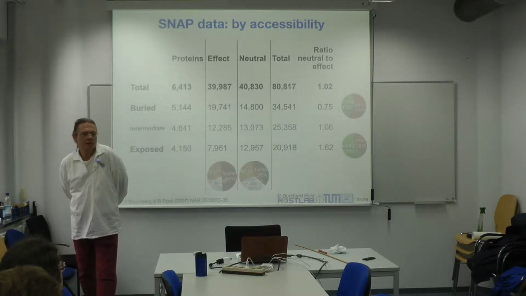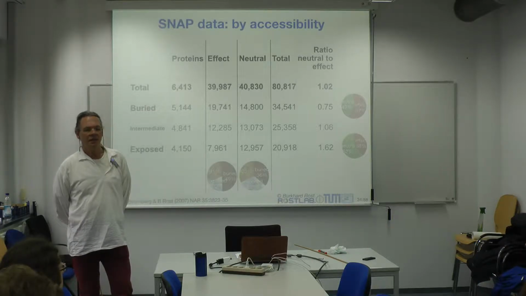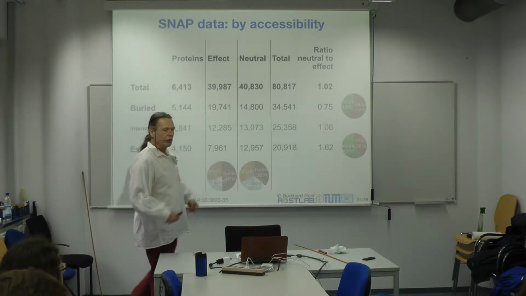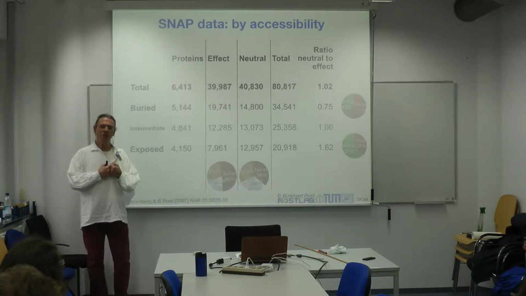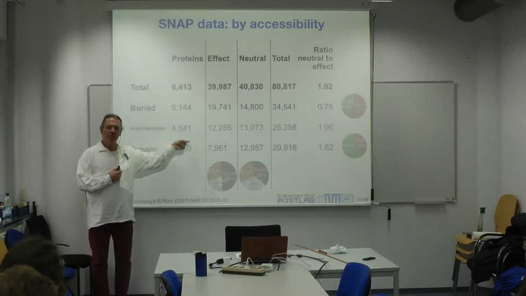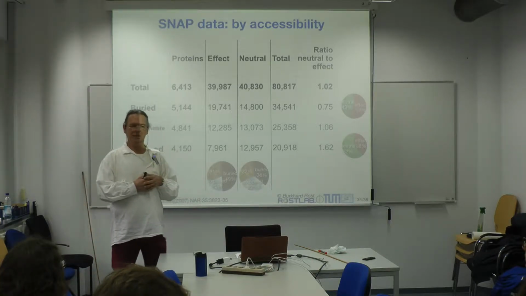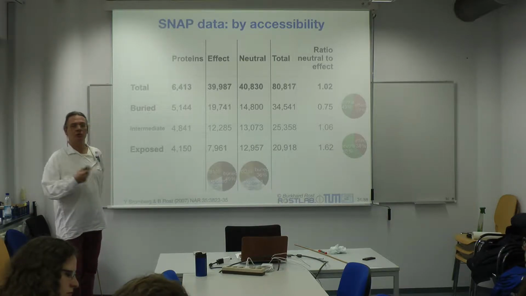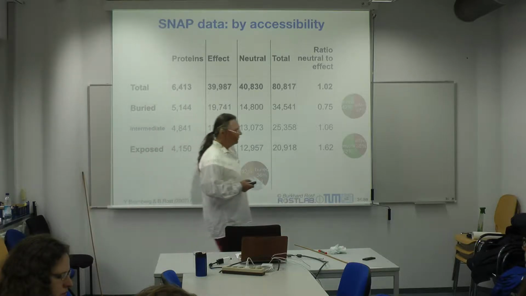All the function is somehow on the outside, no? But there are also many loops that don't really need to be conserved. So ultimately the idea, again, imagine a cell to be a solid state, it's immensely crowded in a cell. Still, most of the protein surface is not binding to something else. And this ultimately is what the background here is. Most of the surface of a protein is in fact not directly involved in binding, and that means it's somehow free to change in some sense, right? That is what comes out of it.